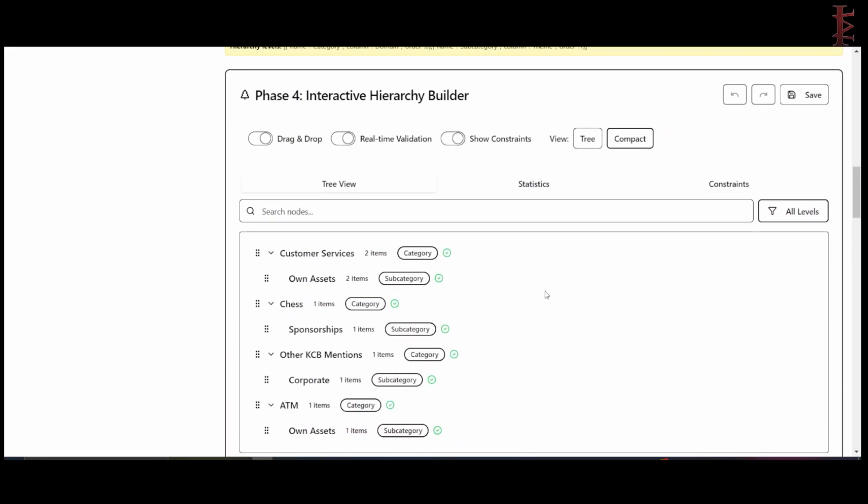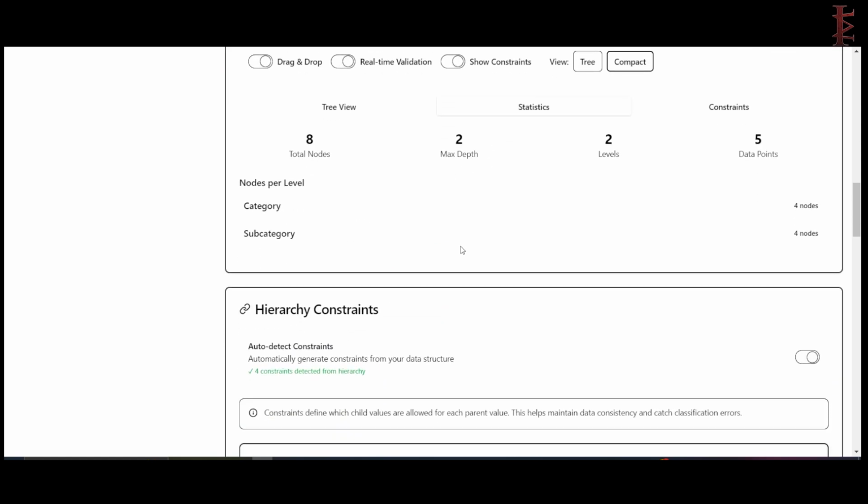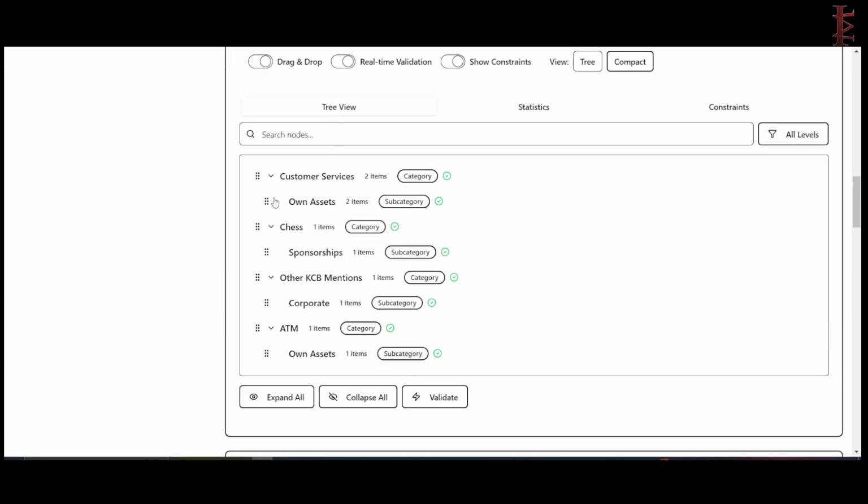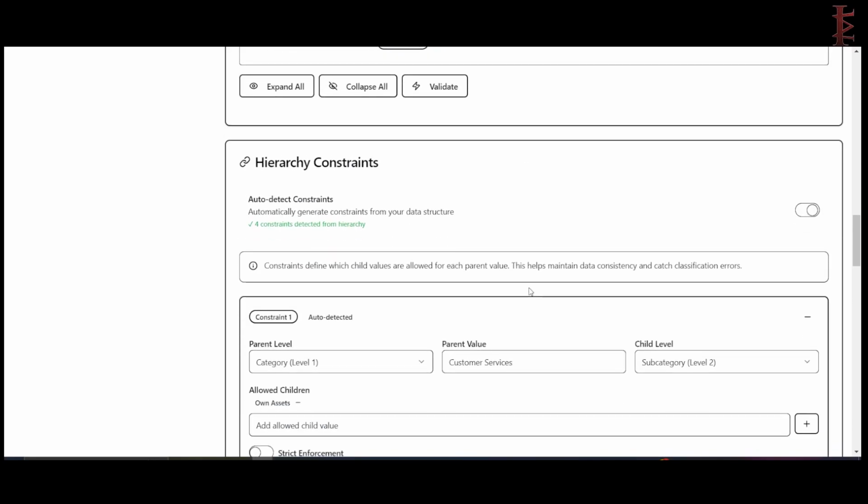Then from here, now you're able to build your hierarchy and visualize it. You can check your node pairs if there are any constraints that you want to add to your tree. Like you can see, for the domain, it has these two things as its subcategories: chess, sponsorships. If you want to add anything here,